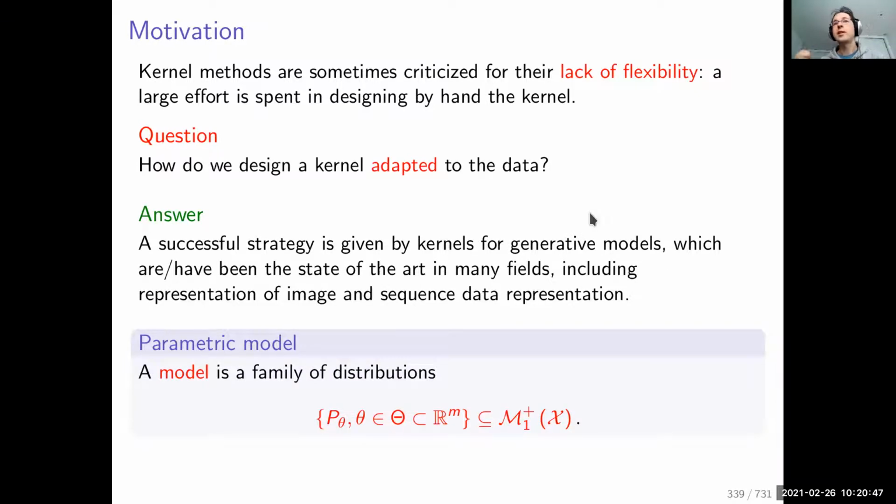So for that, let us introduce a small notation. It's not very complicated. The notation we want to introduce is simply that when you have data that live in a set X, we consider a family of probability distributions that are parameterized by theta, which live in a subset of R^m. And this distribution is denoted by p theta. So this is what we call the parametric model. This is what we will call the probabilistic model.